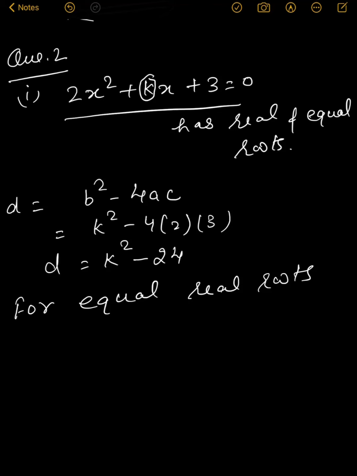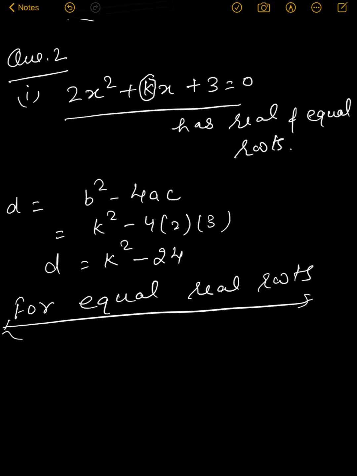We cannot have equal imaginary roots of a quadratic equation. If an imaginary root exists, it must exist in a pair. That means if one is positive, the other should be its complement, with the negative imaginary part. So for equal roots and for equal real roots in the case of a quadratic equation, both are the same thing.